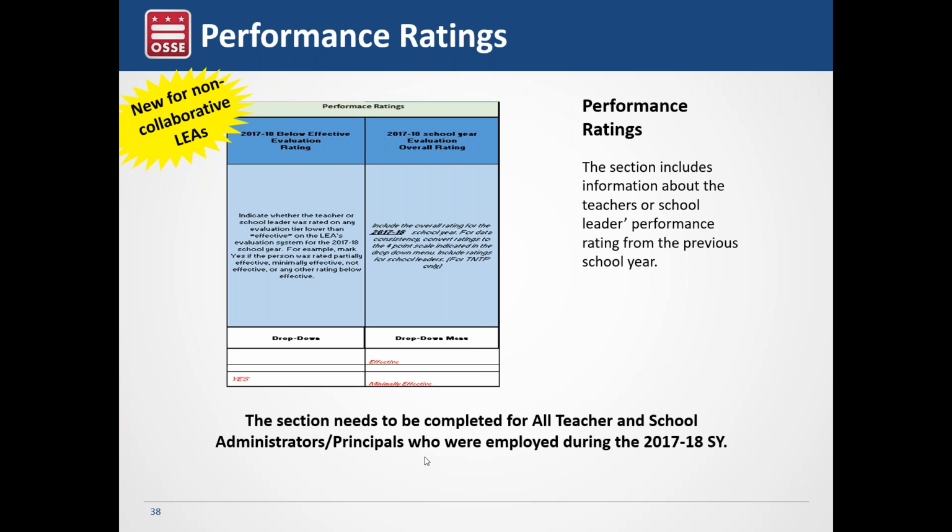Because for us, we still have to go back to that 17-18 data and determine what percentage of teachers in your school were determined to be effective or higher, or below effective. And so it's really important that even if someone didn't return to your school this year, you note that they were a leaver, you give us that effectiveness rating from last year, because we are still working with that 17-18 data